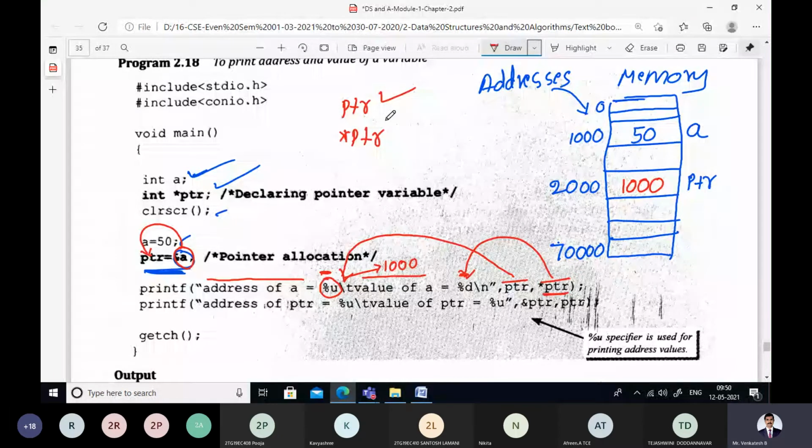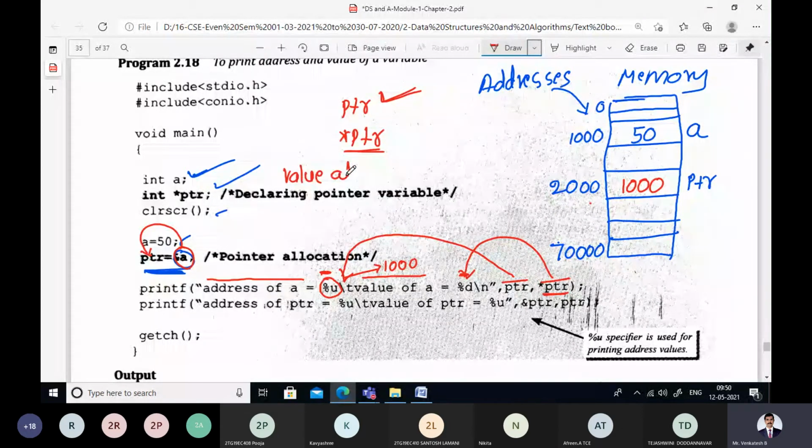When you write star PTR, it indicates the value at the address of PTR.